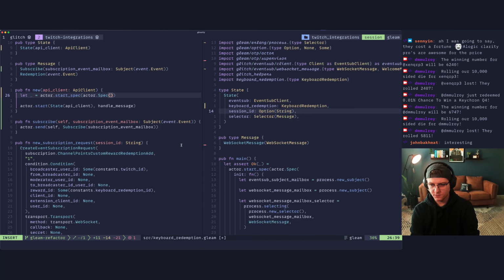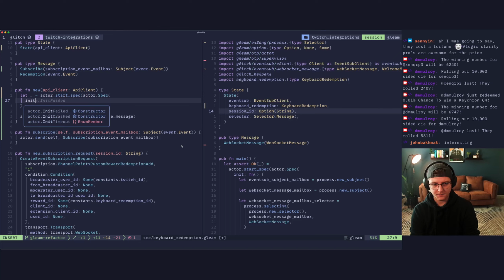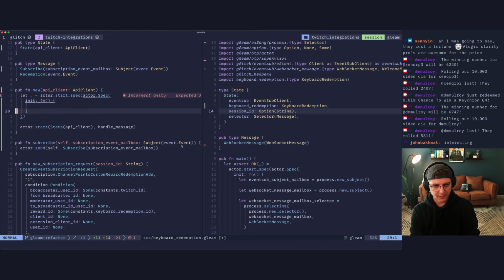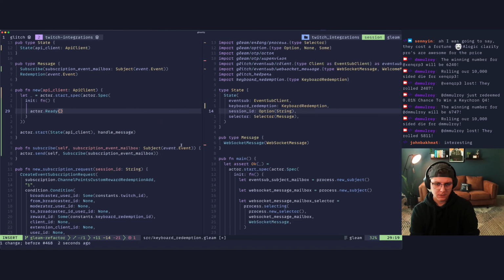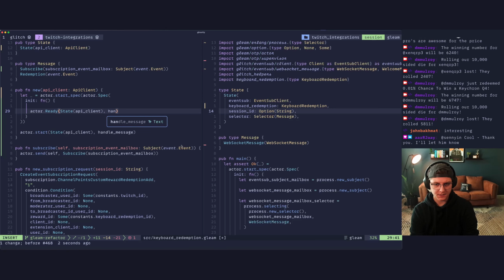And this is going to take an init. Should be a lambda where we have some initial state. We'll say actor.ready state API client. Handle message.